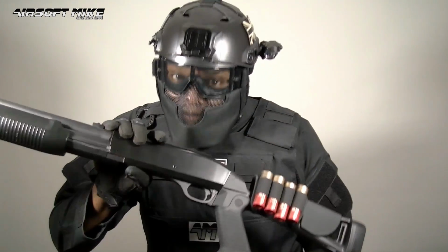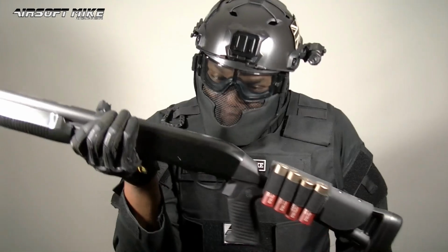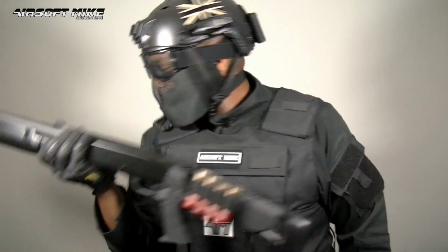Airsoft shotguns. This was my very first airsoft shotgun. It looks the business. That's pretty much where it ends. There's nothing more about this that screams realism. So then I bought